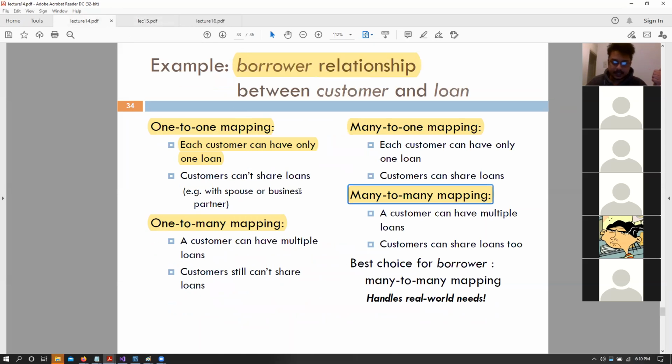Depending upon the mapping cardinality, we would have different sets of primary keys. Many to many, both of those are primary keys. One to many, then the second one is the primary key. The one with the many part has the primary key. Many to one, the first one has the primary key. One to one, one of those is a primary key and the other one is a unique key, right?